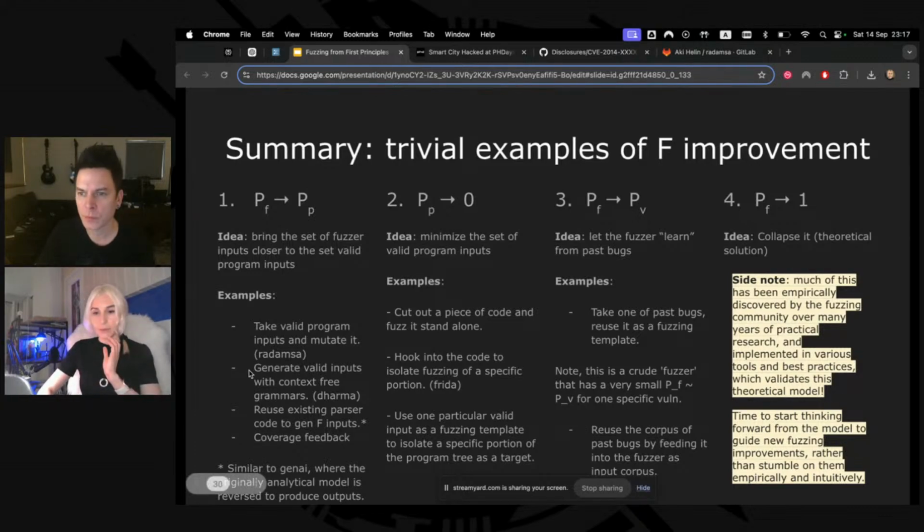Anyways, the second example that I want to show is how we can generate valid inputs for the program. Recall that as soon as we bring our fuzzer's probability distribution closer to the probability distribution of the program, we start winning at fuzzing very quickly. And this is also valid if for some reason you cannot use coverage guided fuzzing, for example, you have a small binary file, but your setup doesn't support coverage guidance.